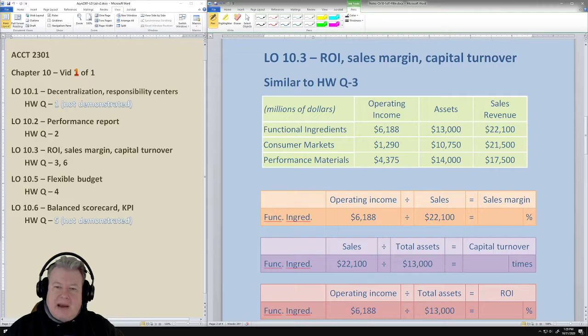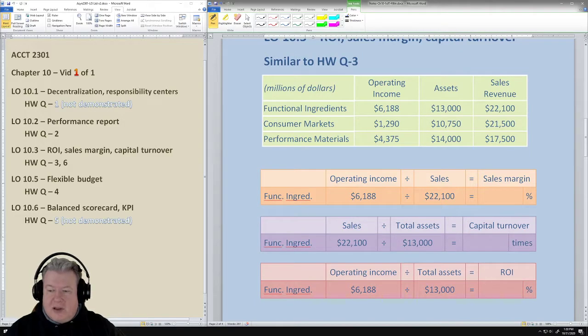So the three we're looking at are ROI, sales margin, and capital turnover. Now, once again, over time, I've just thought these names are strange. I don't want to say strange, but they're not standardized. And you'll see what I mean in just a second. You notice that we're working with 3 items. These are income, assets, and sales revenue. So this is kind of like the profit, the amount of assets you used, and the total top line sales. So you notice we have 3 items, and we have three different things. We've got sales margin, capital turnover, and ROI.